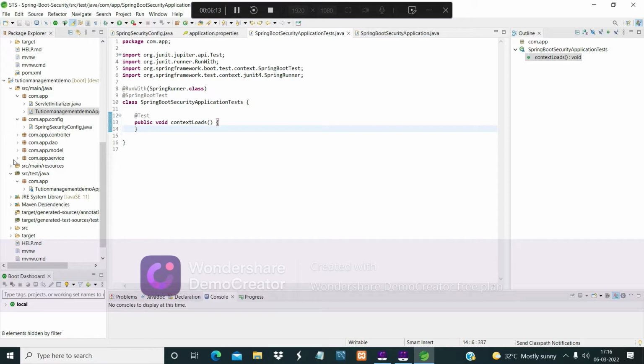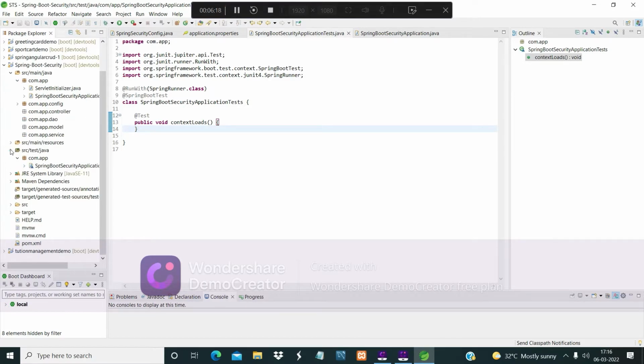It is found in the src/test/java folder. This file is taken, and we will add the following dependencies. The newer version of Spring Boot security is not compatible with the JUnit runner.